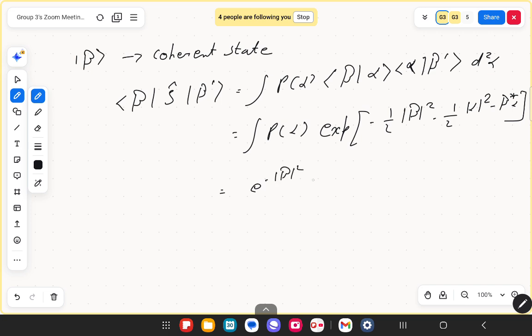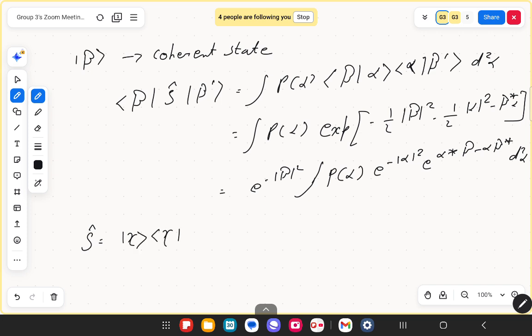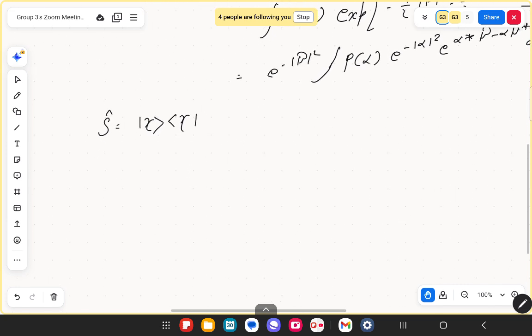Taking the e to the power minus |beta| square out. Now, let us consider a pure coherent state gamma, where rho is equal to the outer product of gamma with gamma. So from this, we will get that